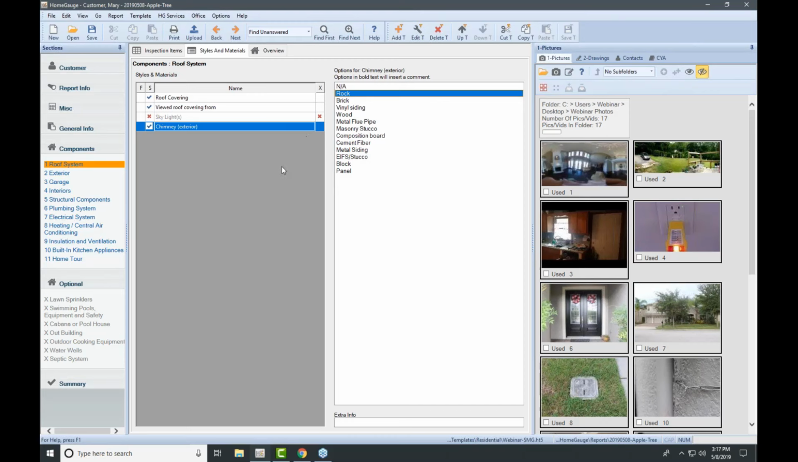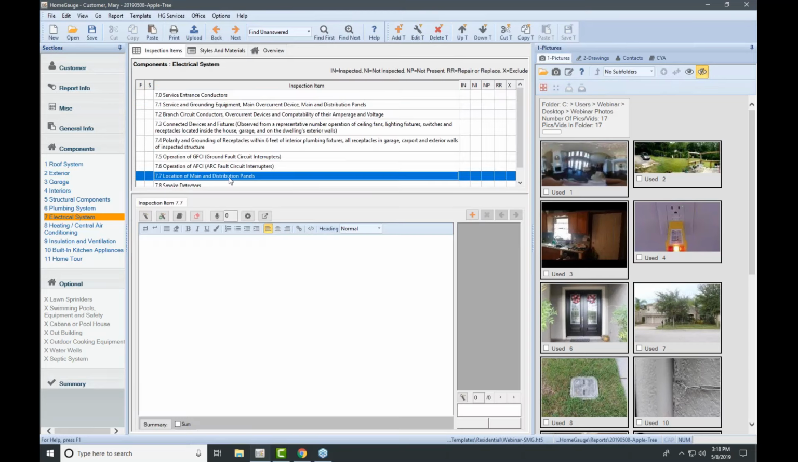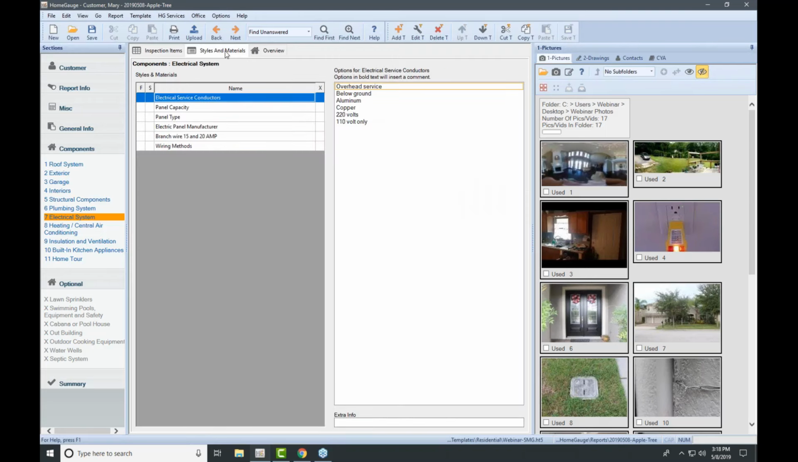If you wanted to add something new to the items on the left and add a new selection of choices on the right, I actually like to use electrical as an example there. In electrical, we have this section called location of main and distribution panels. I don't see why that's there necessarily, because I think indicating that in the style of materials section is more efficient. Ideally, you could just delete this, but I'm going to come to styles and materials. And if I want to add something to this left-hand list so that I have new choices on the right, I need to add T. And I'll put